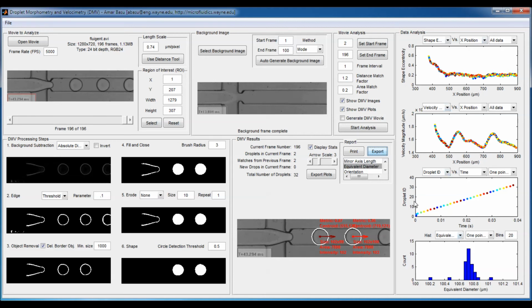Okay, so now that we have all the data, I'm going to show you how to save and export the data for use in a report or manuscript or what have you. The first thing you can do is take these 4 plots that you've generated here and even these images here and generate a PDF out of it. To do that, you just click on this button called Export Plots